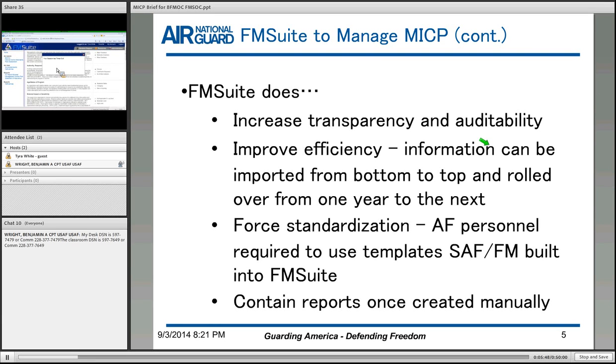This system actually is going to be a collection of all of the information that's ever input for MICP, so we'll be able to go back several years. I'm not sure how many years worth of data is going to be maintained in this system at this point, but 14 is going to be in there for a while, so if I'm in 16 and I want to go back and see what a particular wing did in 14, I'll be able to do that with just a click of a button. I don't have to reach out to any wing to see what they did